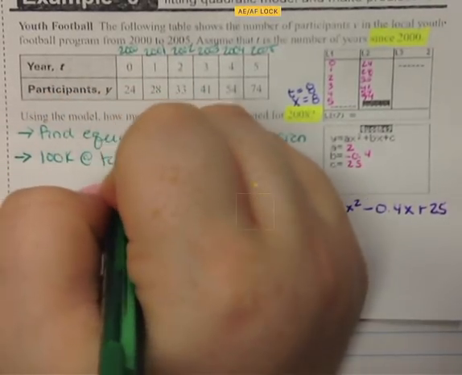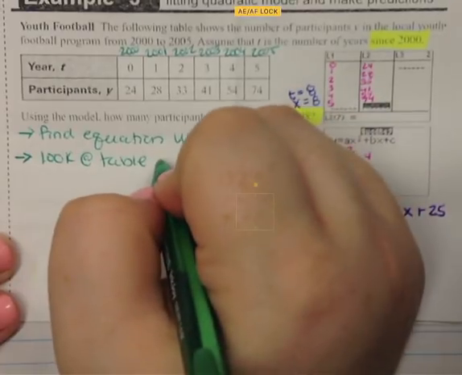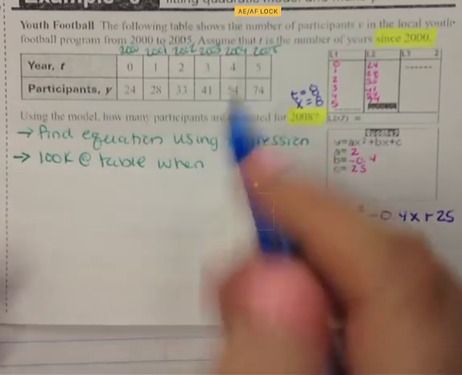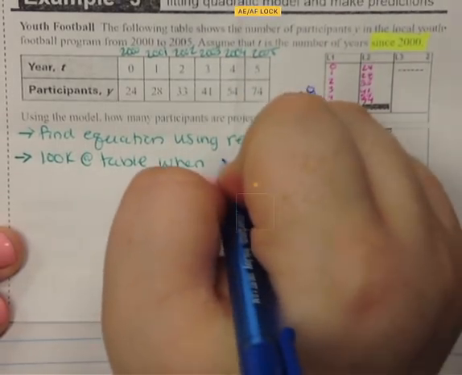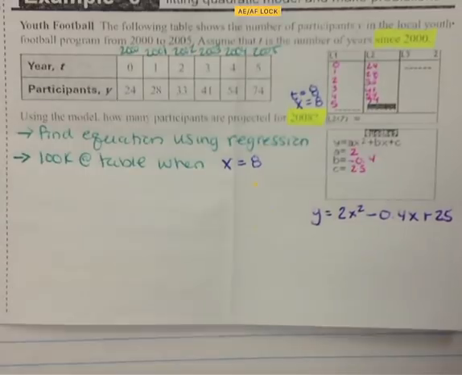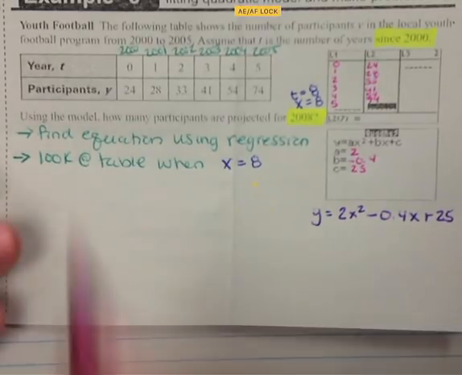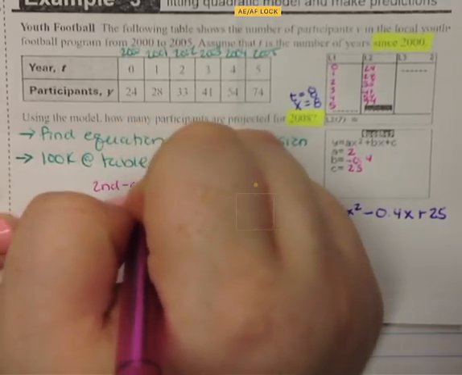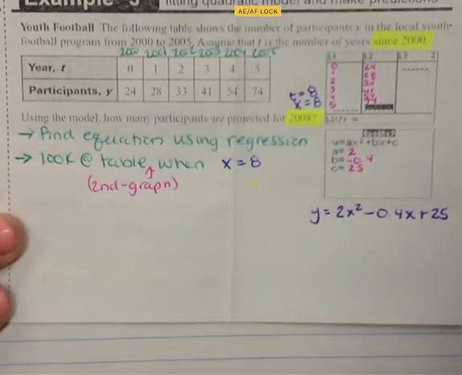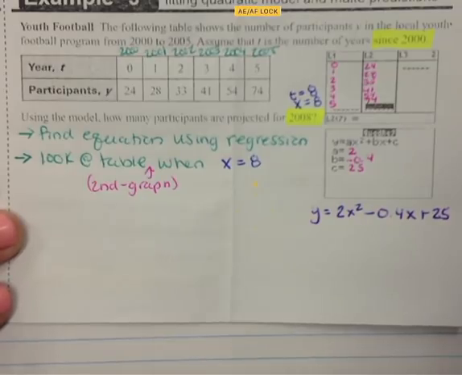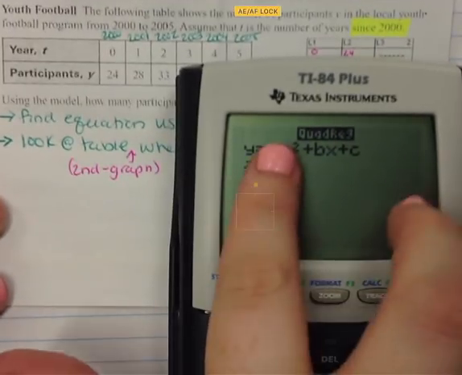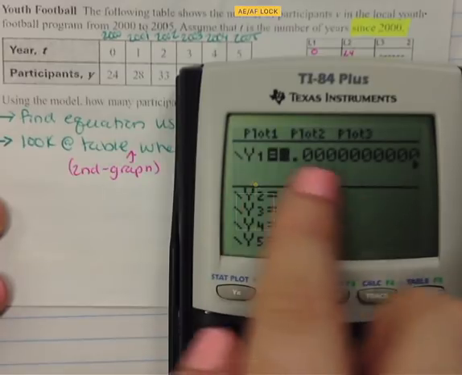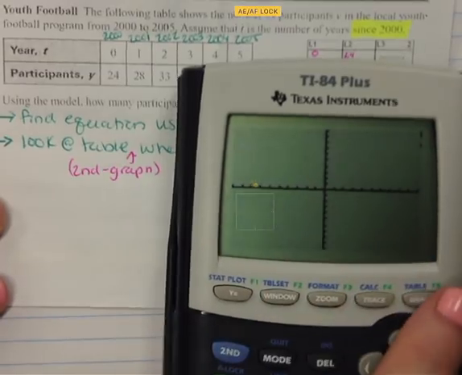at the table when x is equal to 8. Now, to get to the table, you'll press second graph. So I'm getting my calculator back. I still have the equation right here. If I press y equals real quick, this equation is in there. If I press the graph,